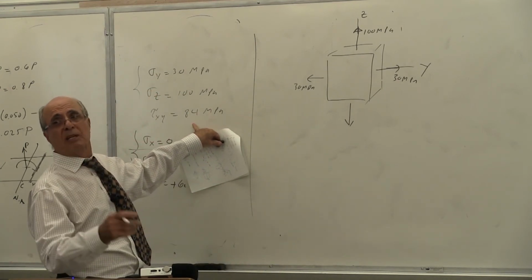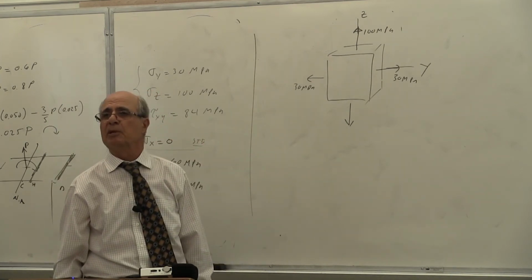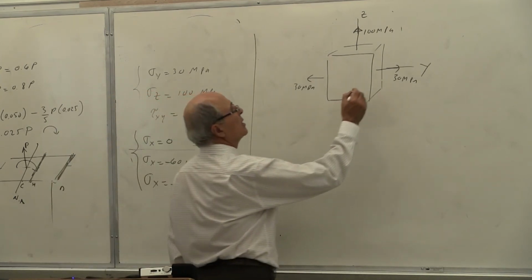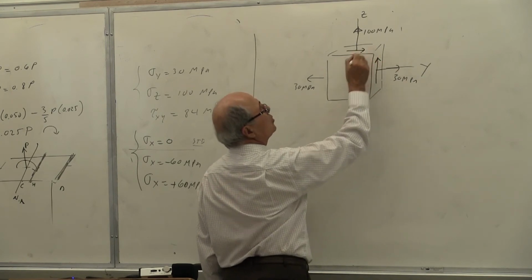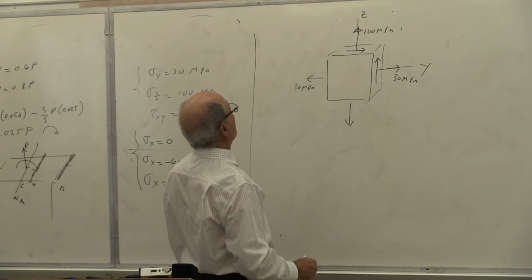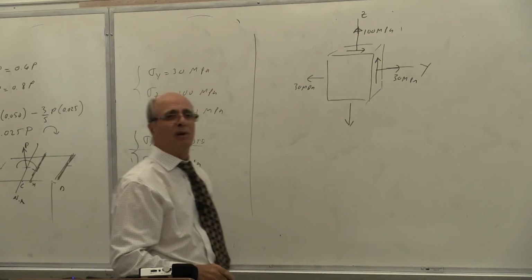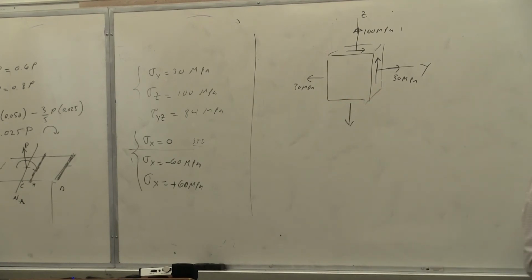Again, somebody asked me, what is positive? Positive according to us, not according to the Mohr circle. The positive means this should be going up and this should go that way. Is that correct or not? Oh, no, that's wrong. That should be YZ. Sorry, I made a mistake. Because we always call it XY, so how can it be? It is in the YZ plane. So we are calculating everything in the YZ plane, according to what we did. We cannot jump around that way.